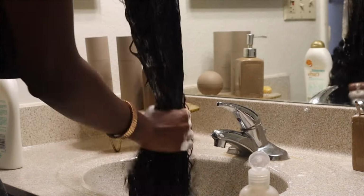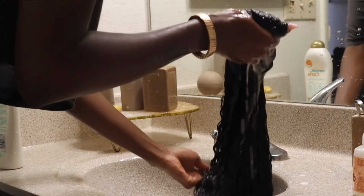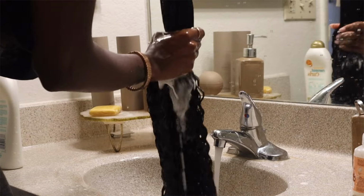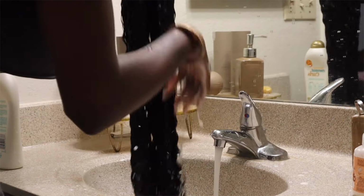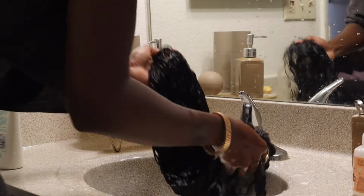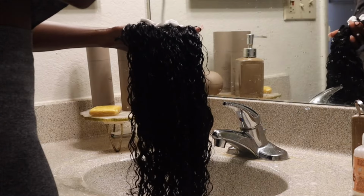And then once I'm done shampooing it, I'm going to put on some conditioner as well. I like to make sure that the wigs I wear are thoroughly conditioned. It makes such a difference when it comes to actually defining the hair later. So as you guys can see in a second here, I'm about to put a lot of conditioner on this